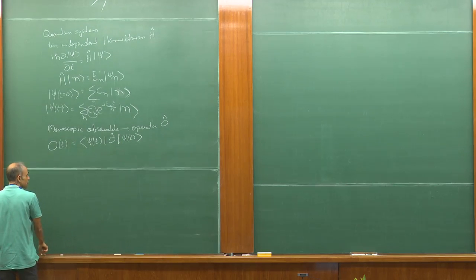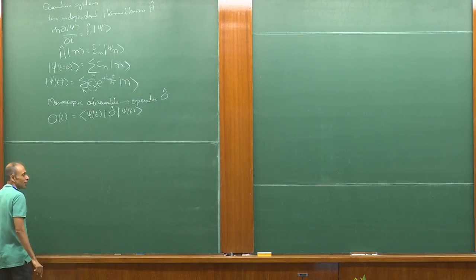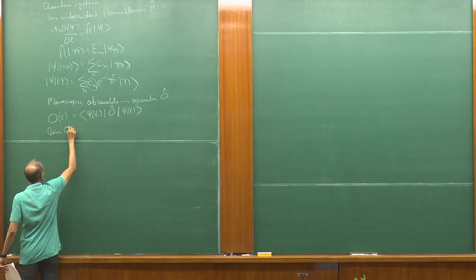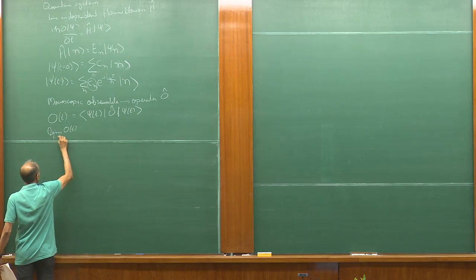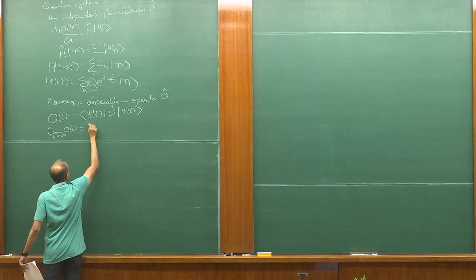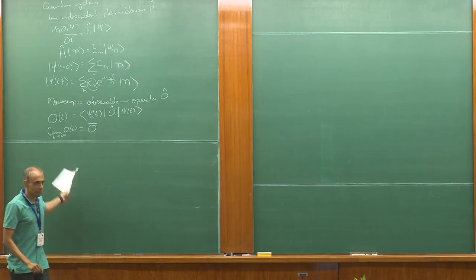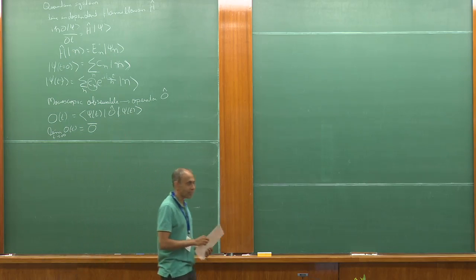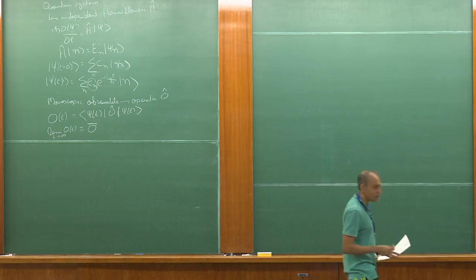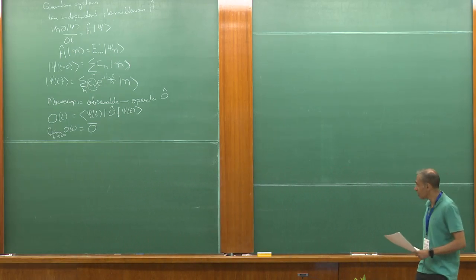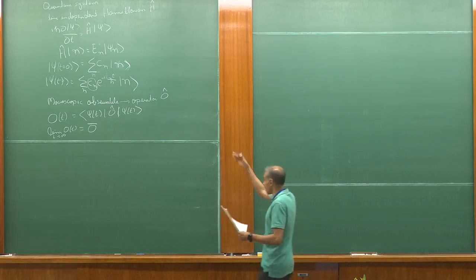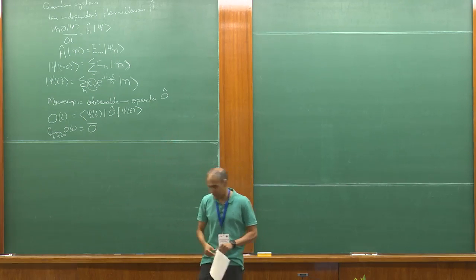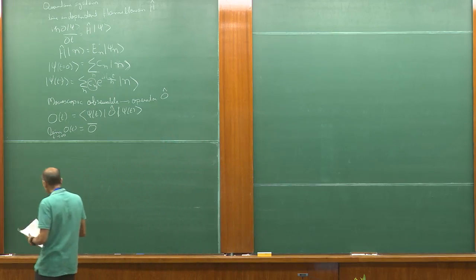And in order for the system to reach equilibrium, thermal equilibrium, what we want is that the limit of O of t as t goes to infinity be something which is independent of those Cn's, that it doesn't care about the memory of the initial state. And so the question is, how does that happen for a quantum system whose dynamics is generically given by these equations? So what we can do is we can actually